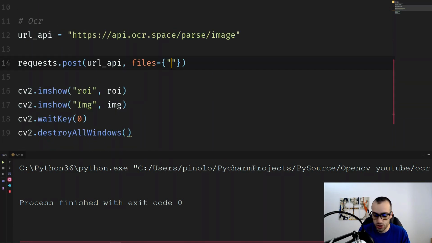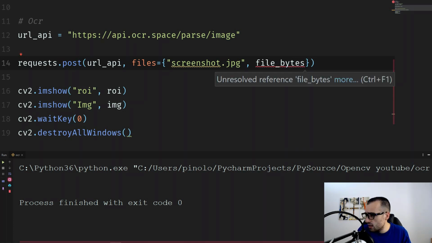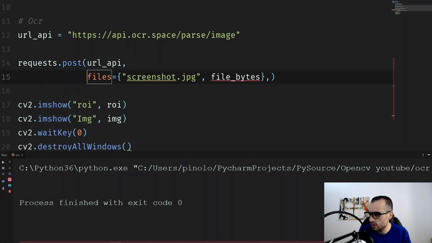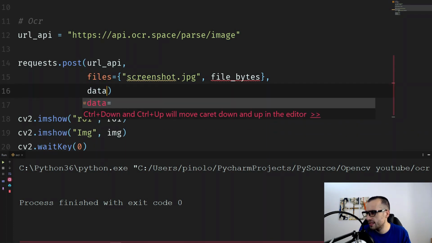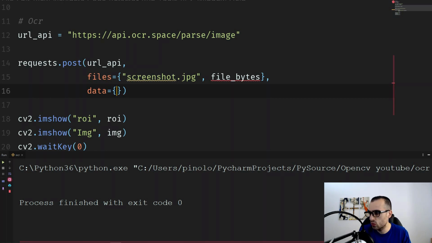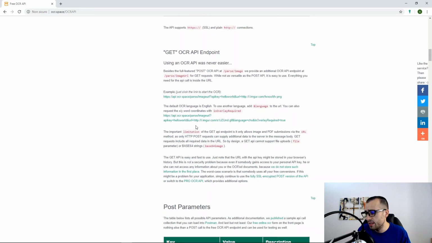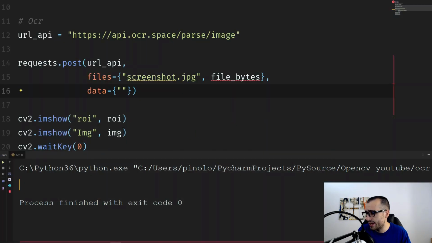So we have screenshot.jpg, and then here we need to pass the file bytes, and then we need to send the data. So let's do it this way, and then data which is equal to the OCR endpoints. So we want to send the API key,